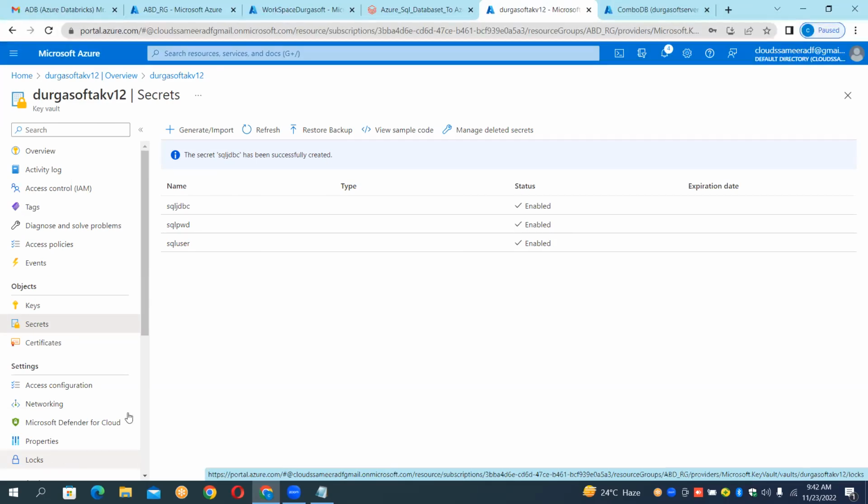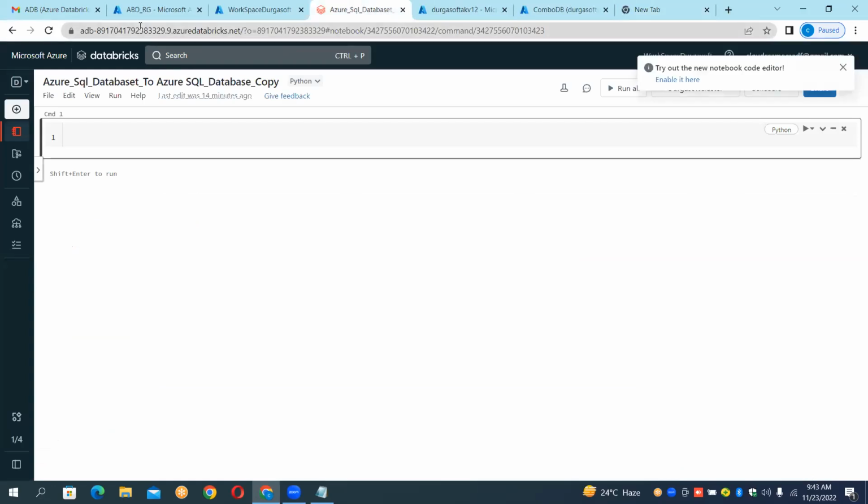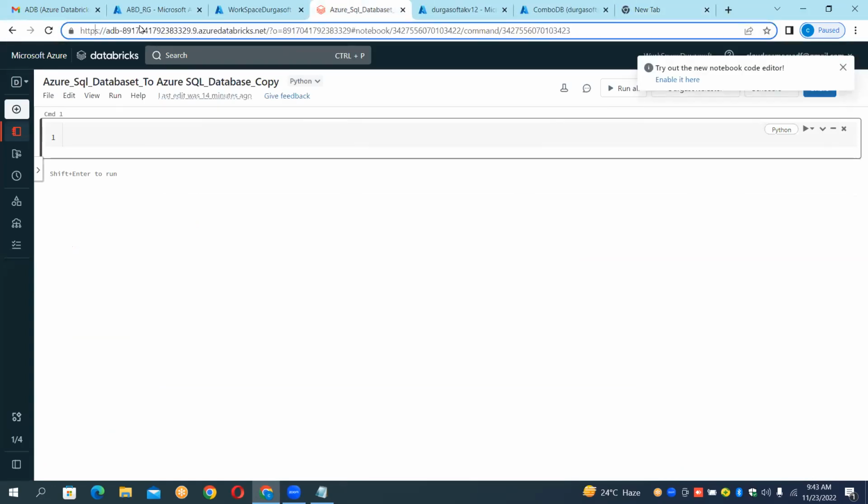Okay, now this is the thing. We have 3 secrets. One is the JDBC URL, and the next ones are SQL PWD, that is the password, and the SQL user. How to access the secrets in Databricks? By creating the scope here. So how to get the scope, guys? You know already. So just copy this